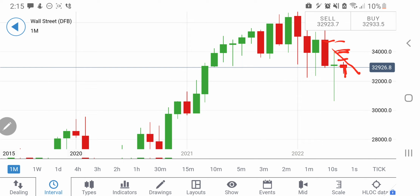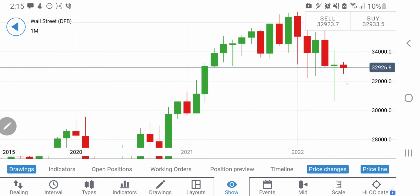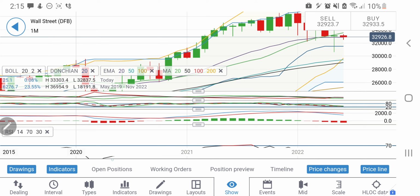it to rise. Else, see, this candle was an indecision candle, and probably if it trades below 32,500, 600 zone, we may see it dropping sharply towards 31,500 and 31,000 levels. In fact, it has to come back to this zone at 30,000 levels, so it can continue to drop from there. So now let's have a look with the help of indicators whether the indicators and charts are telling the